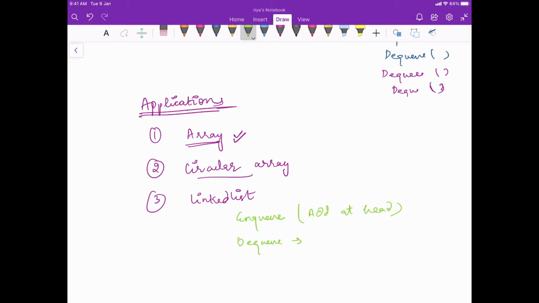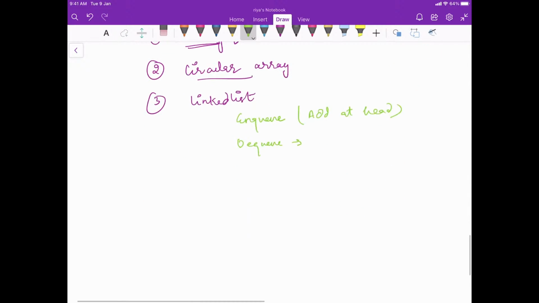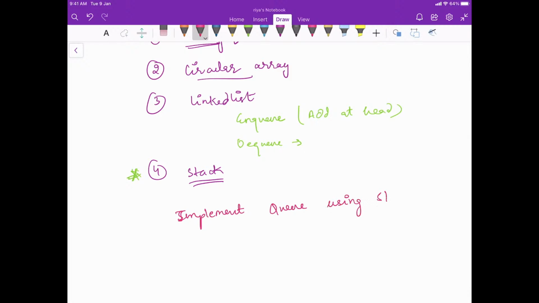So this is how simply we are going to be using the linked list, and also you can use stacks also. This is a very interesting concept as well, and I would say you should try this as well, which basically means that you can implement a queue using a stack. Okay.